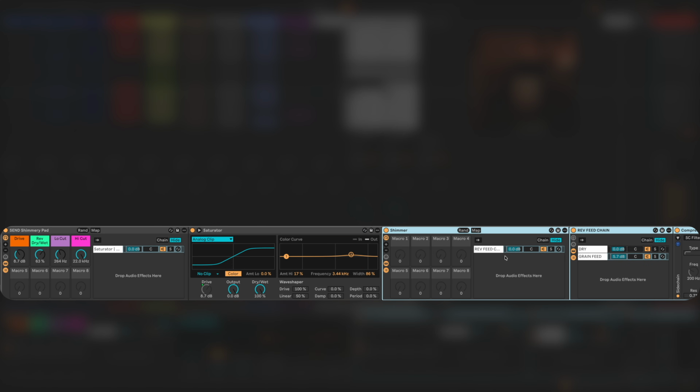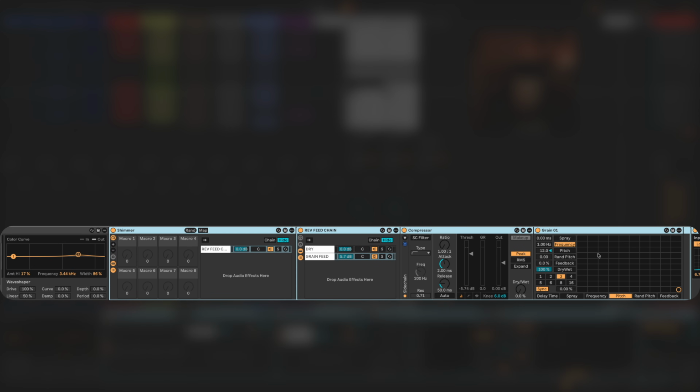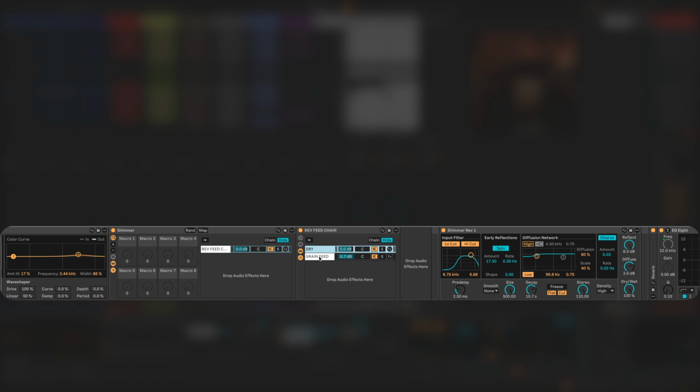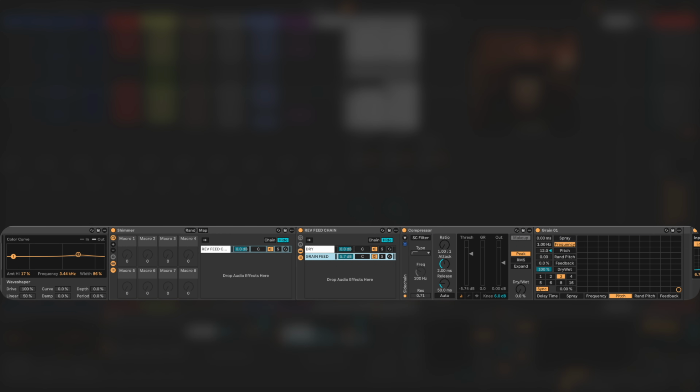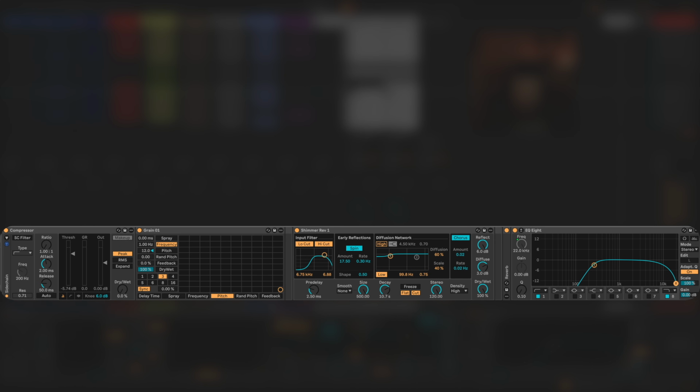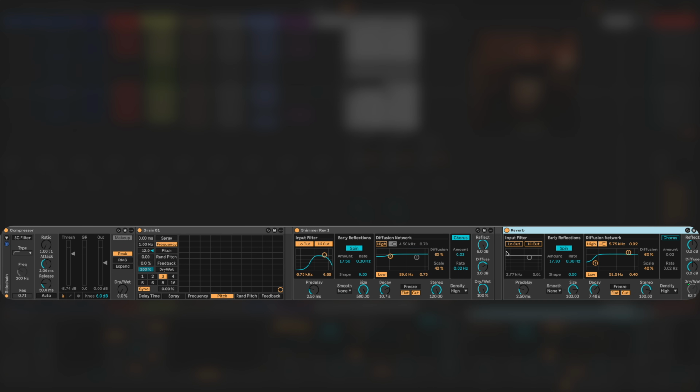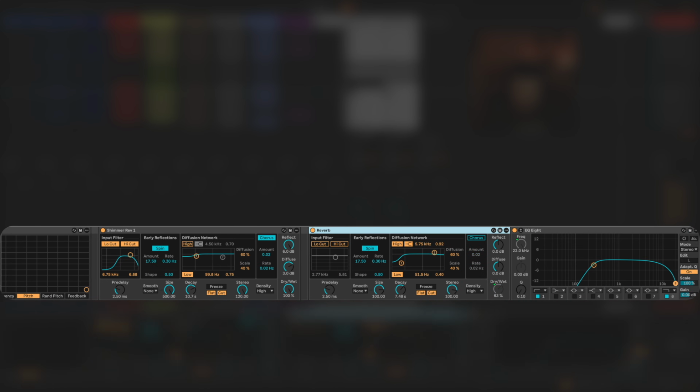It has a shimmer on it here. So if we go in here, you can see there's a grain delay, also a compressor. It also has a dry chain, and then obviously the grain here is the wet chain, and then it has a reverb behind the grain delay, and then behind this whole effect chain there's another reverb hiding here. So two reverbs, one a little bit longer for the grains, and then the other one affecting both the